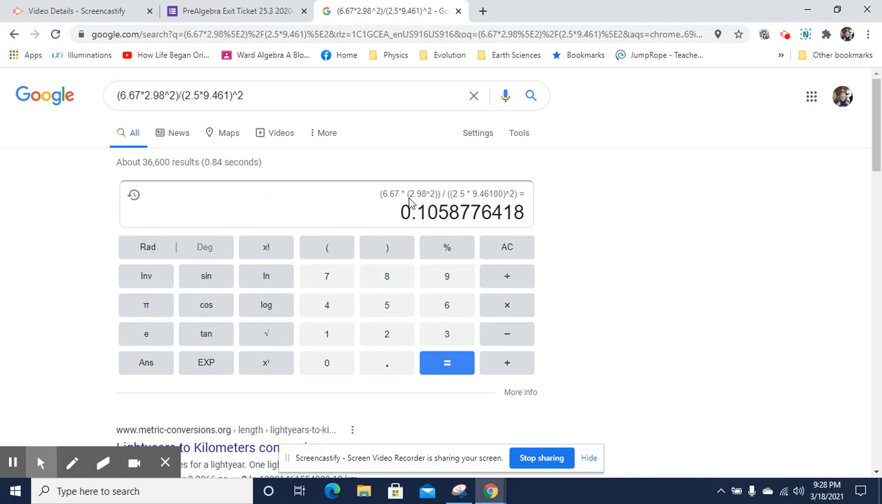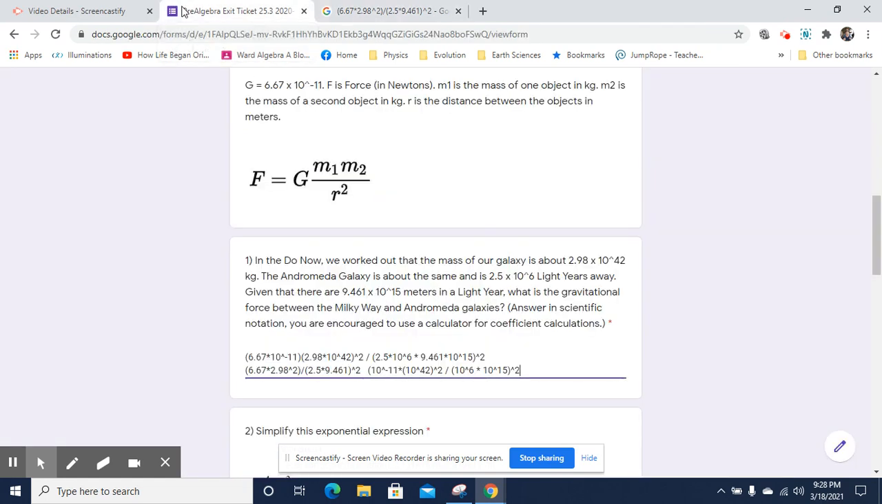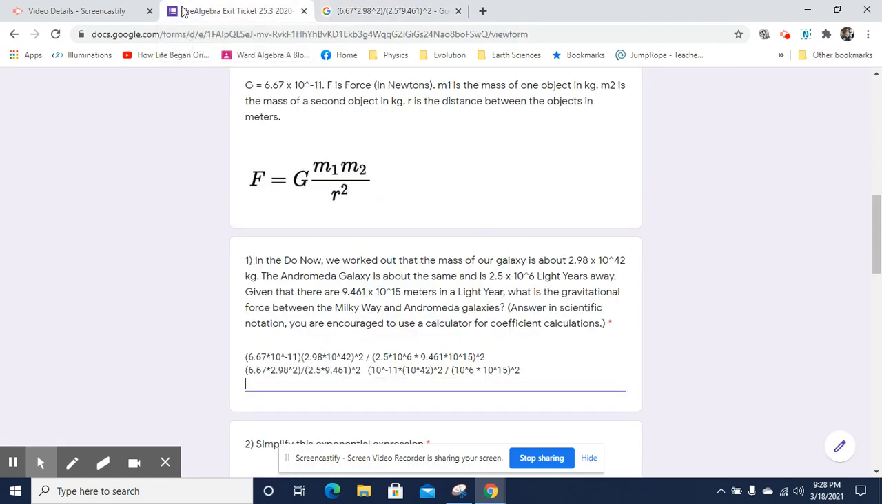Let's take our coefficients and find out what they come out to. Looks like we've got 0.1058, and there's a 7, so I'll round it to 0.1059 for our coefficient. So obviously we'll have to adjust. And then let's start organizing all this. So that will end up being 10 to the negative 11